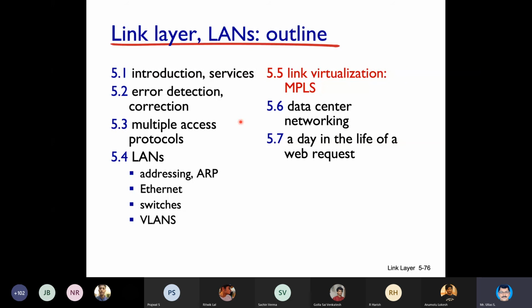Then, as I told you, we have to move on to 5.7. Did all of you go through that, a day in the life of a web request? If all of you have gone through it, then only the discussion makes sense.